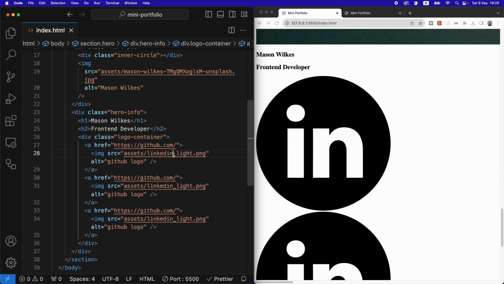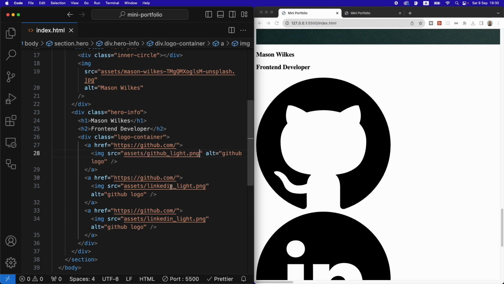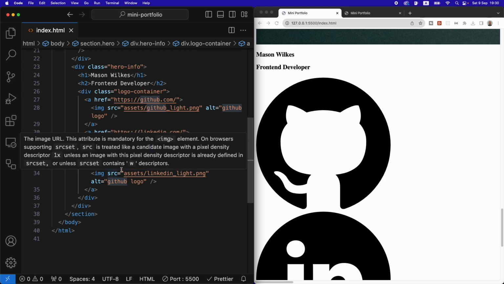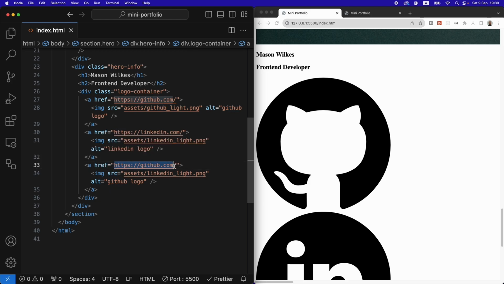I don't know why I said LinkedIn here. We're gonna go GitHub for the first one, like so. We're gonna say LinkedIn for the second one. And same here, LinkedIn. That is correct. And then the last one is going to be actually not an HTTPS, because the last